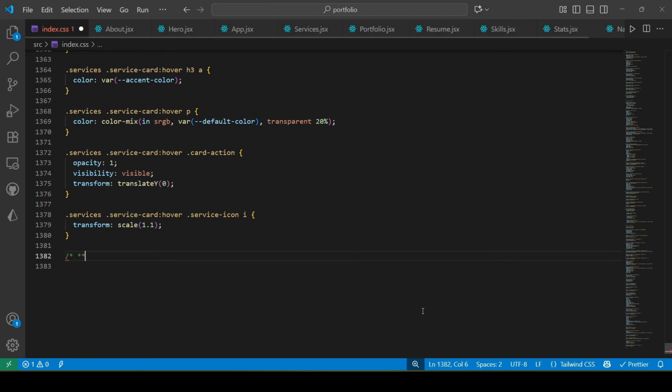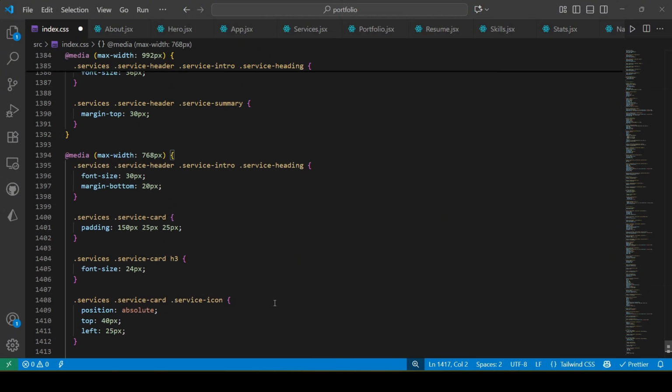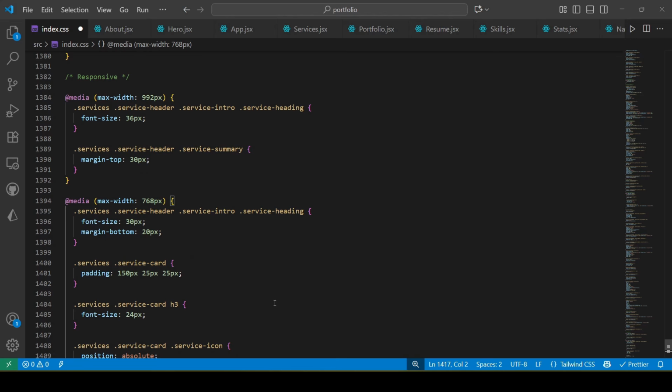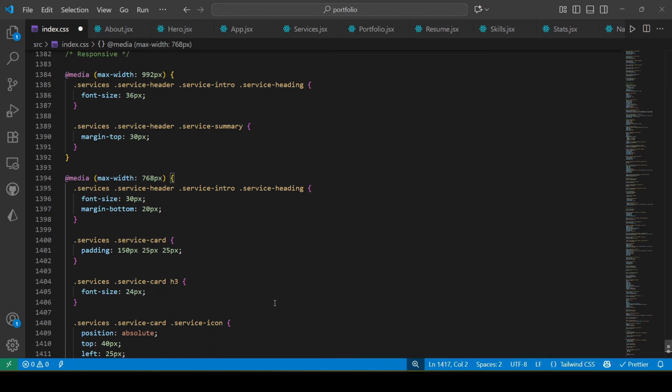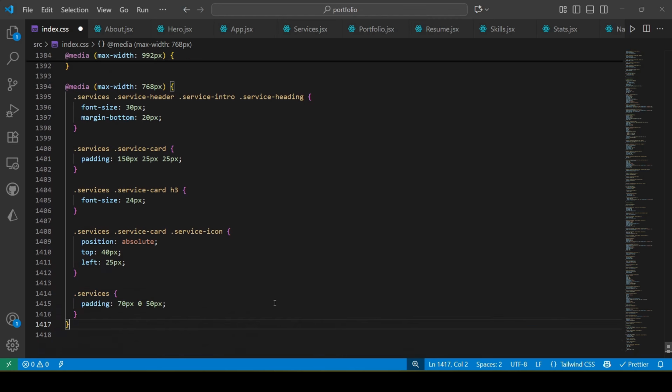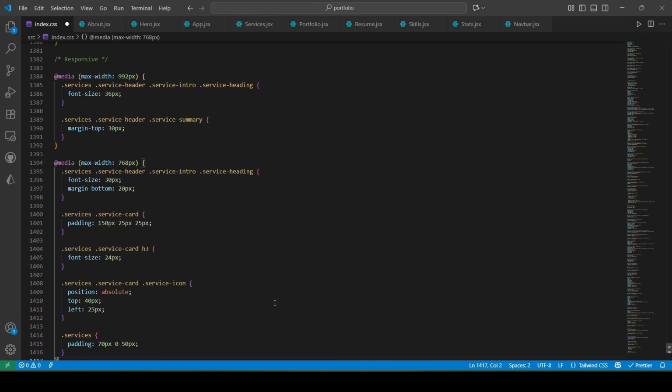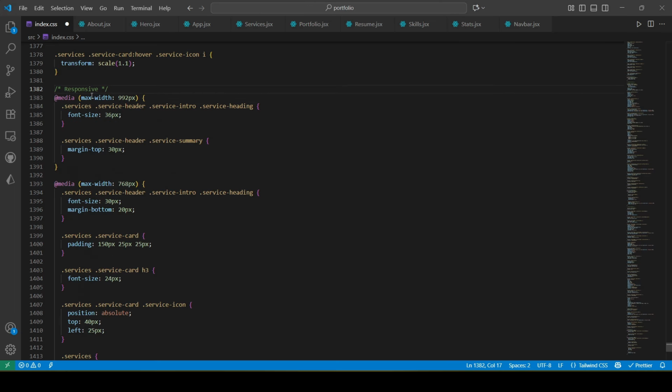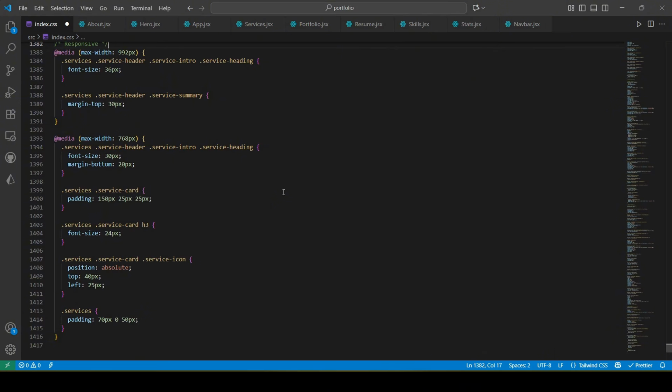Then we add responsive styles to ensure the services section looks good on all screen sizes. So on medium screens, the heading becomes smaller and the summary gets extra spacing on top. And on smaller screens, the heading and card titles shrink further, and the service card padding is adjusted, and the icons are repositioned. And overall section padding is also updated to keep everything balanced and readable on tablets and mobile